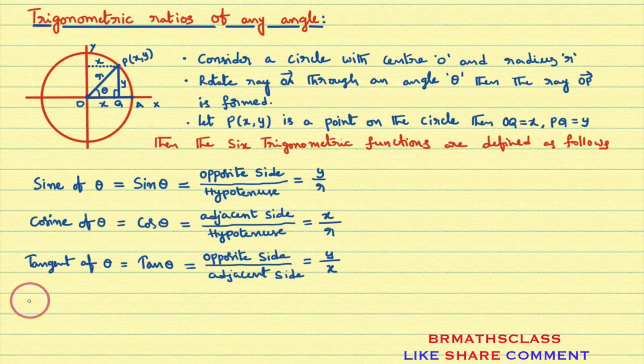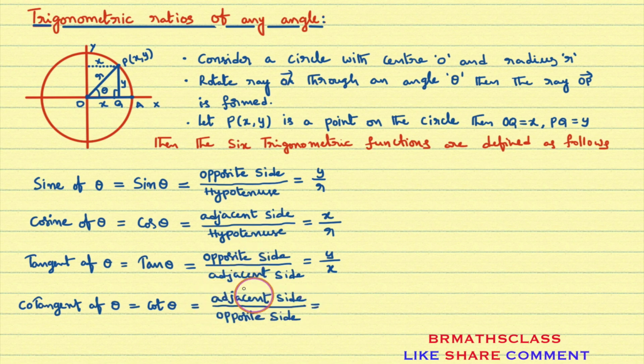Next trigonometric function is cotangent of an angle theta. Cotangent of an angle theta is denoted by cot theta, and it is defined as adjacent side by opposite side. You observe the diagram. What is the adjacent side? Adjacent side is x. What is the opposite side? Opposite side is y. Therefore, cot theta is adjacent side by opposite side. This formula works only for a right angle triangle, and this formula works for any angle theta that we will learn